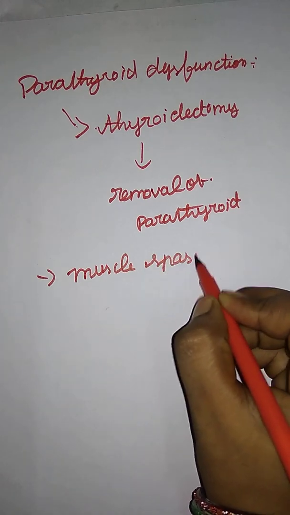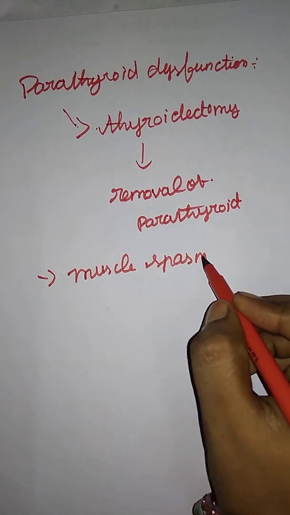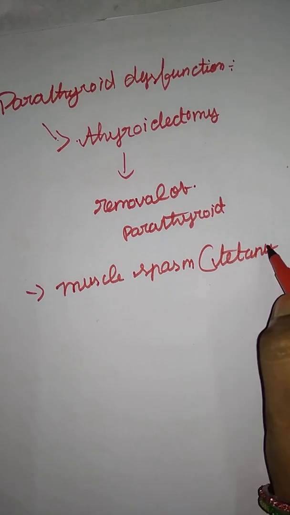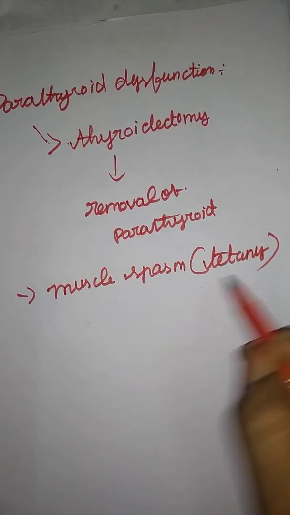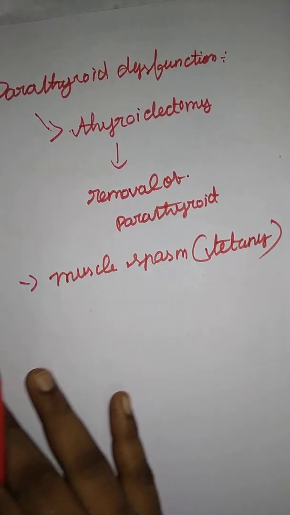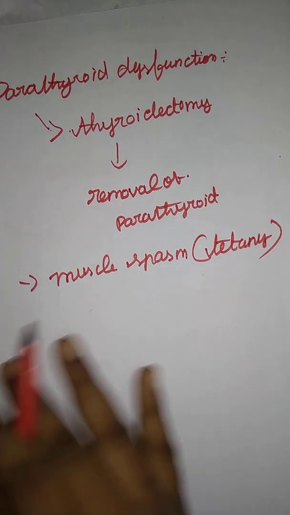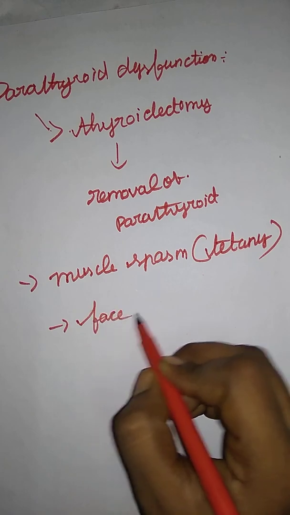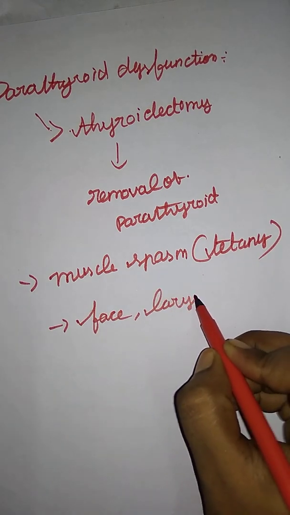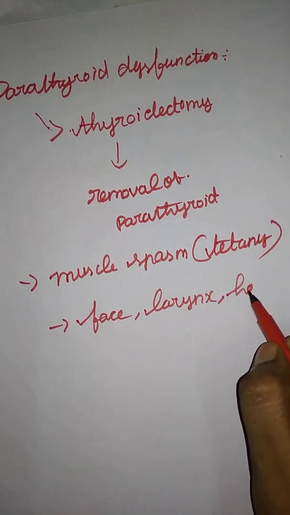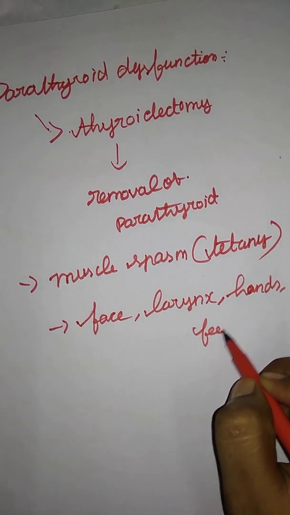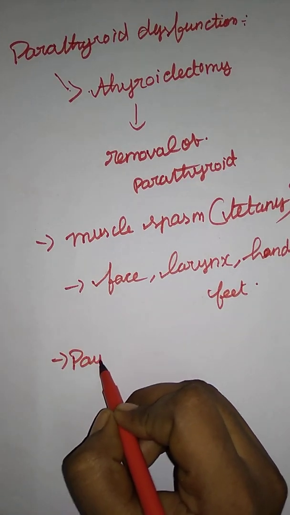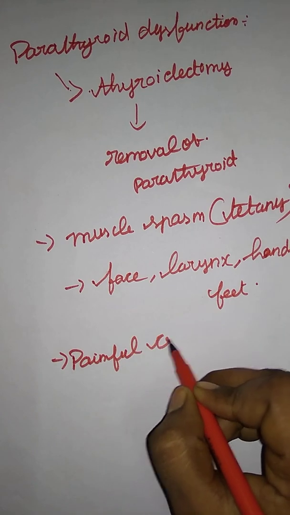Muscle spasms, which we call nerve cramps, that is the spasms. So it is also known as tetany. The other name for spasms is tetany. Next is a sustained contraction, a sustained contraction of the face. Muscle spasms occur in the face, larynx, as you know the larynx is the voice box, and hands and feet also. And not only that, they have other symptoms also, painful cramps